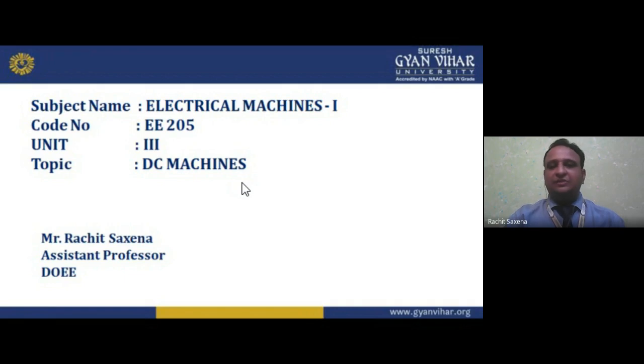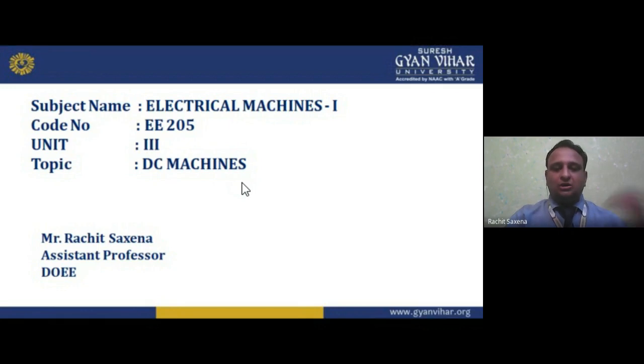In the previous lecture, I told you that the Electrical Machine 1 subject is very important in electrical engineering, and it deals with DC machines. We are going to study DC machines, and we have two types of machine. One converts electrical to mechanical energy, known as a motor. The other converts mechanical to electrical energy, known as a generator. So we have both generator and motor. I hope you understand.